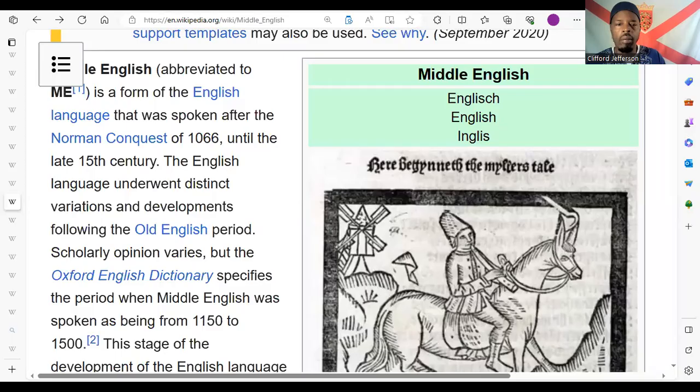We see Middle English is abbreviated. Middle English is a form of English language that was spoken after the Norman conquest of 1066 until the late